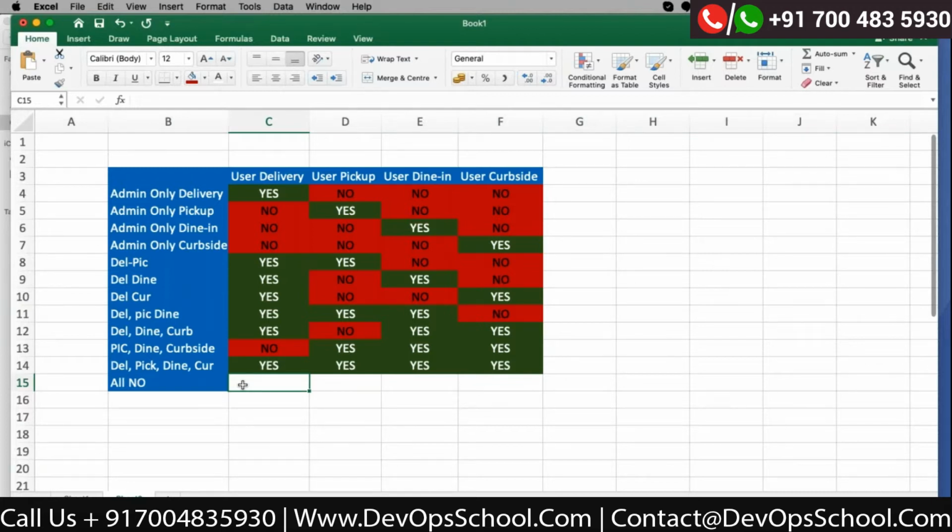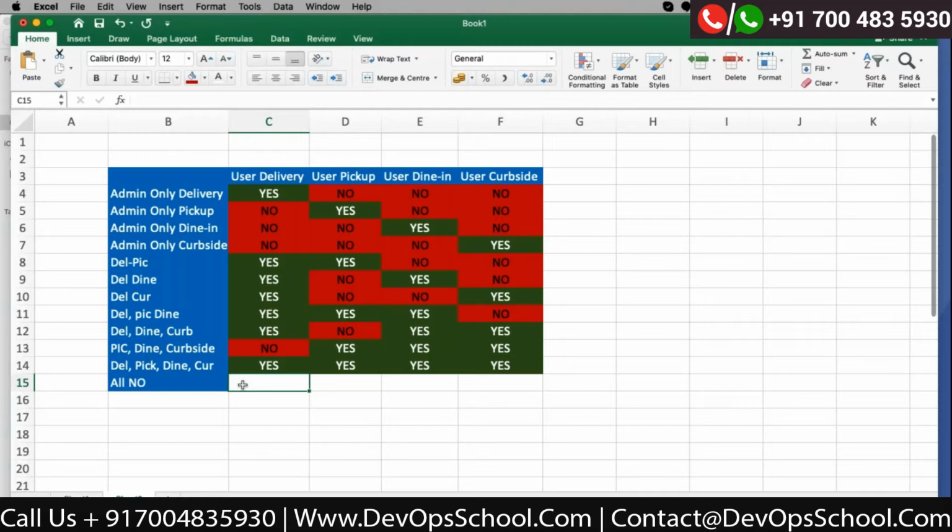If the requirement did not say anything, because the portal is allowing any of the four, like a user can come to the hotel and eat, can order pickup, and any restaurant supports only these four. Without them, there is no point in having an application, right? There is no point to create a web application for that, because you're not allowing to deliver, you're not going to pick up.